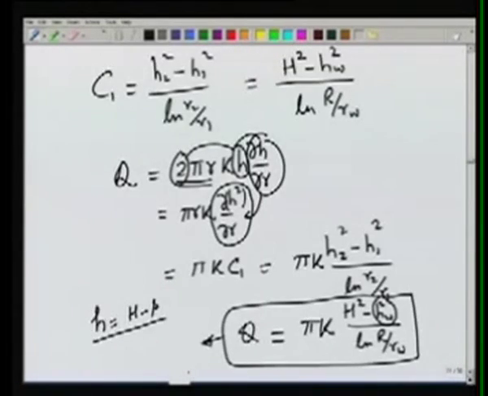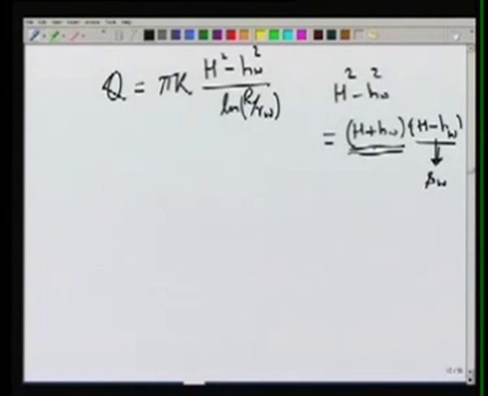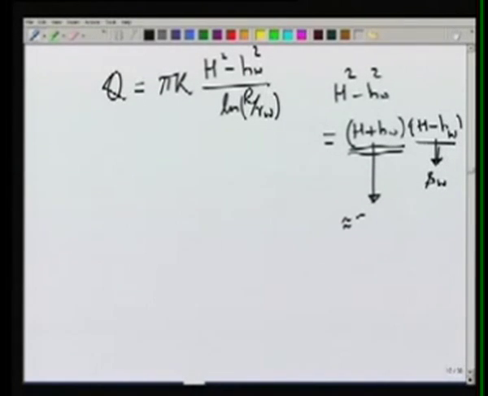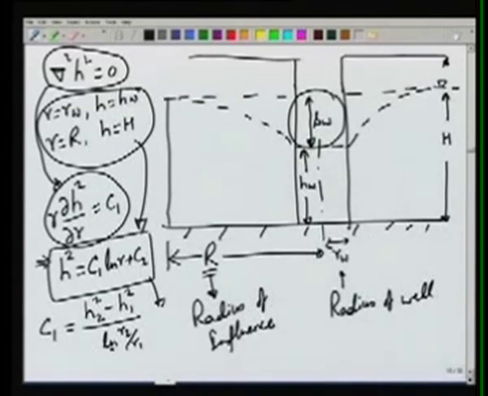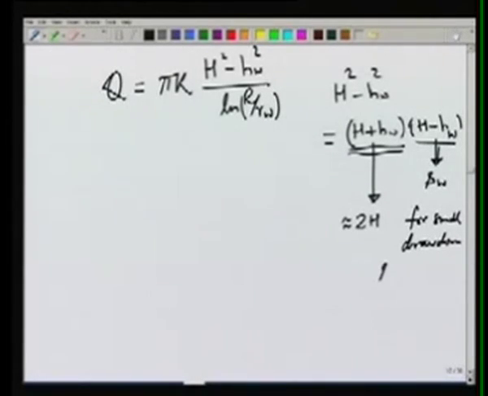And the other term which we have is H plus HW, and sometimes we have to make some approximation. For example, here we can say that H plus HW will be very nearly equal to 2H if SW is small. For small drawdowns, the logic is that the drawdown typically is very small compared to the thickness of the aquifer H. So if SW is quite small, then we can assume that H plus HW will be almost equal to 2H, and therefore Q can be written